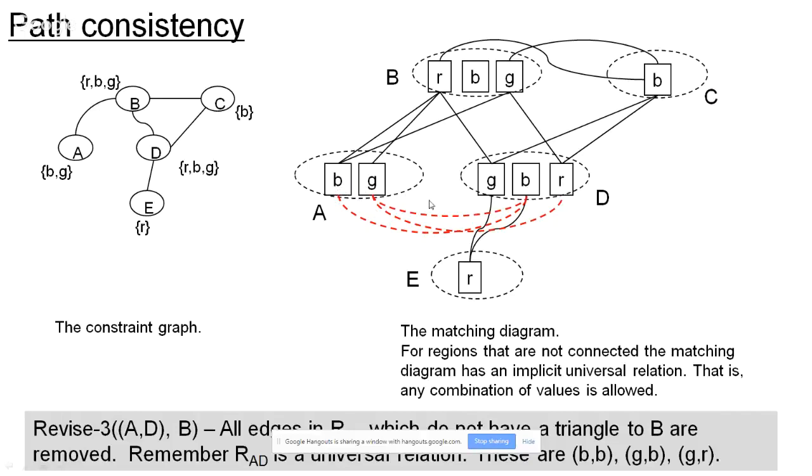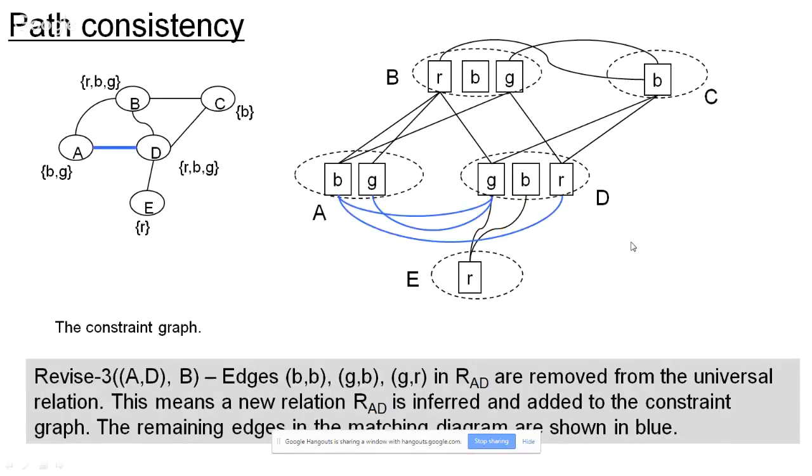Because there are 2 variables on the left and 3 variables on the right. Of those 6 edges, we remove these red edges, and what we are left with are those 3 other edges, which says that okay, you can choose this combination. If you can choose B with A, you can choose blue for A, and you can choose green for D. So in effect, what we have done is we have induced a new relation, and the new relation is the relation RAD, which is showing now on the constraint graph on the left, which says that AD also has a